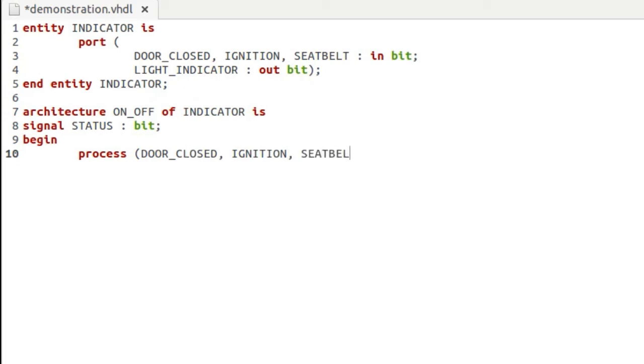Here, the question requires the light indicator to be on in the following. If the door is closed, the ignition is on and the seatbelt is not attached. If the door is open, the ignition is on and the seatbelt is not attached. If the door is open, the ignition is on but the seatbelt attached. Other than the requirements above, the light indicator will stay off. We can say that on means the value of status is 1 and the value for off status is 0. Therefore, the syntax will be